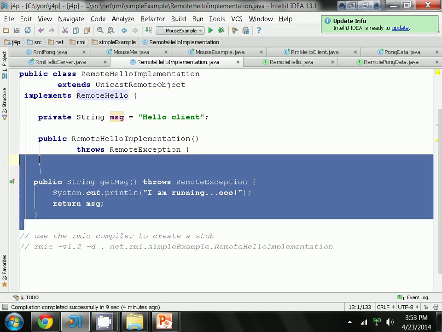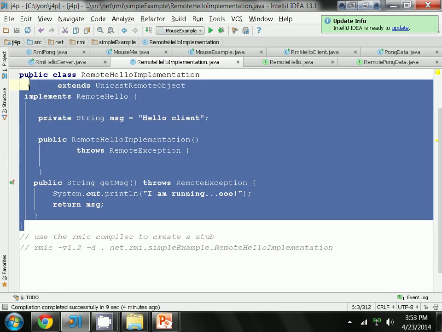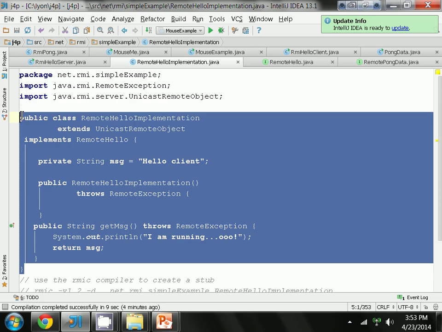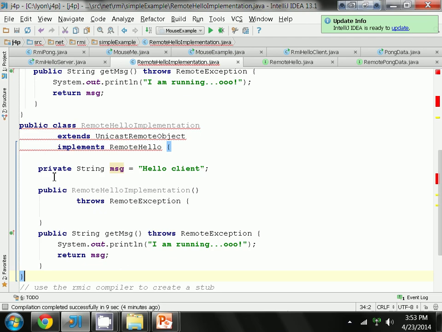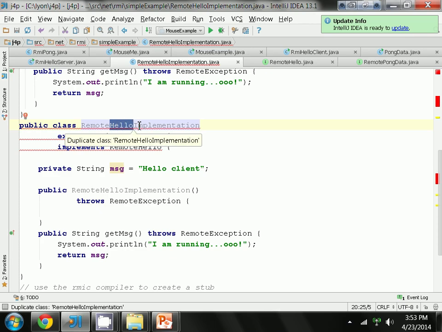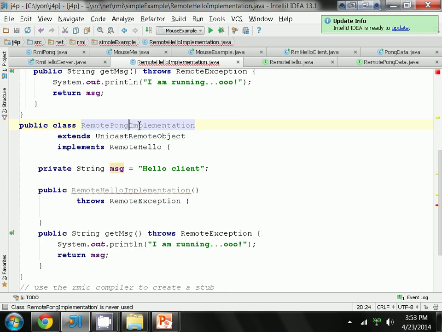And it'll subclass the unicast remote object. I'm going to copy and paste it so I don't have to type everything. So what we'll do is we'll make a remote Pong data implementation, and we'll put it in